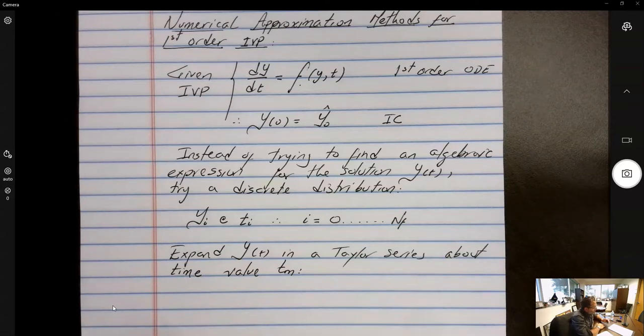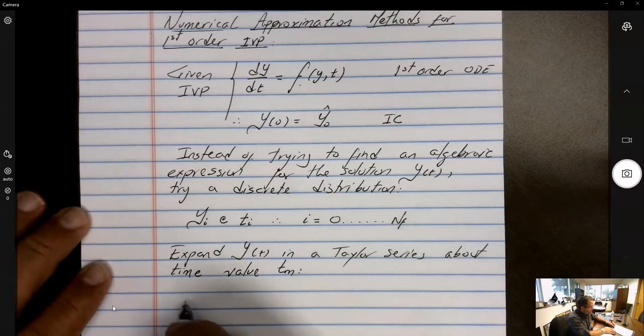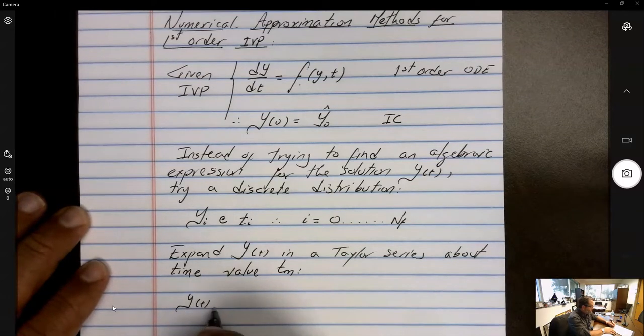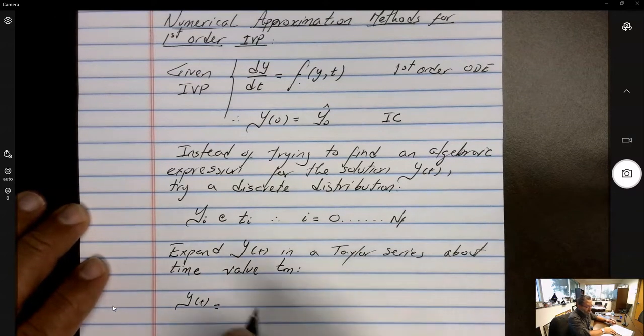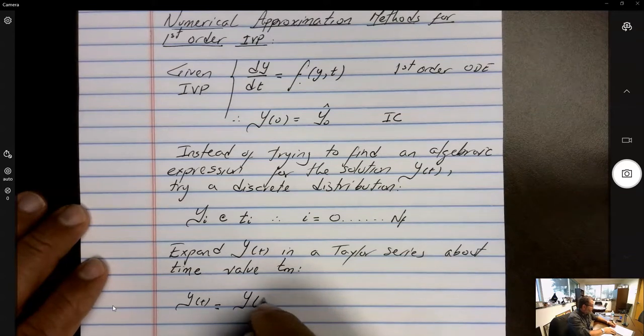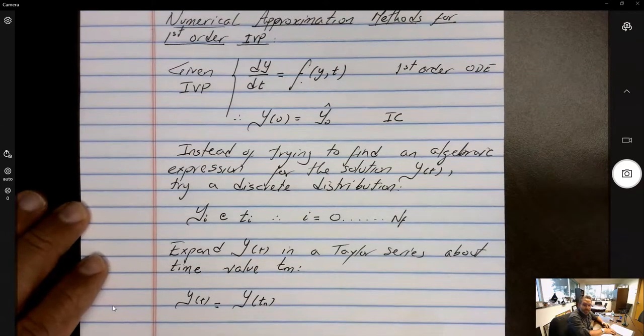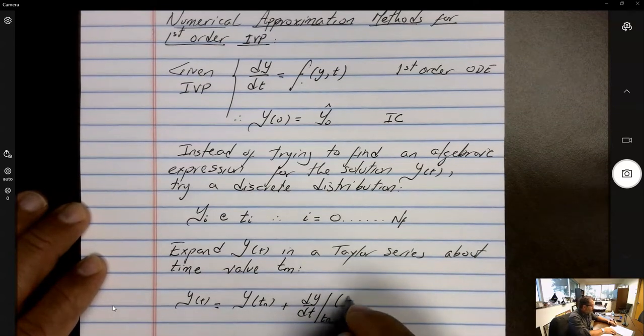Now the problem here is that we don't have the function that we want to expand. We don't have y of t. That's what we're looking for. And even though that's the case, we're going to go on and say, well, all right, I don't have y of t, but I'm going to say y of t can be y at the expansion point Tn plus dy dt evaluated at point Tn times t minus Tn, that is the first order polynomial in the series,